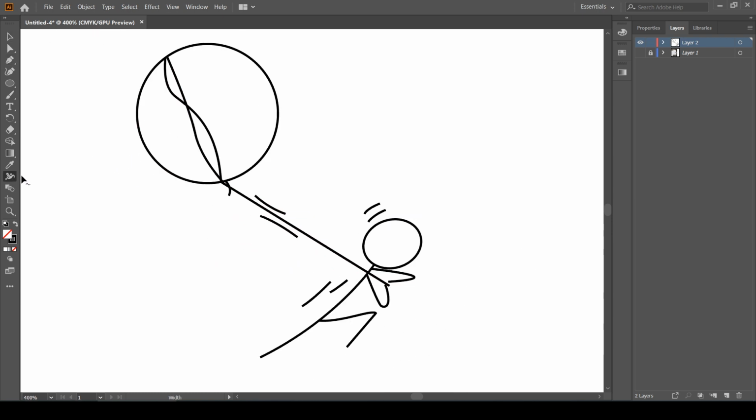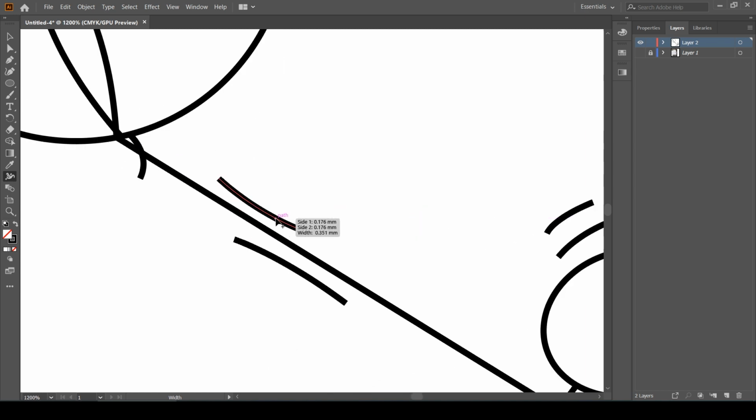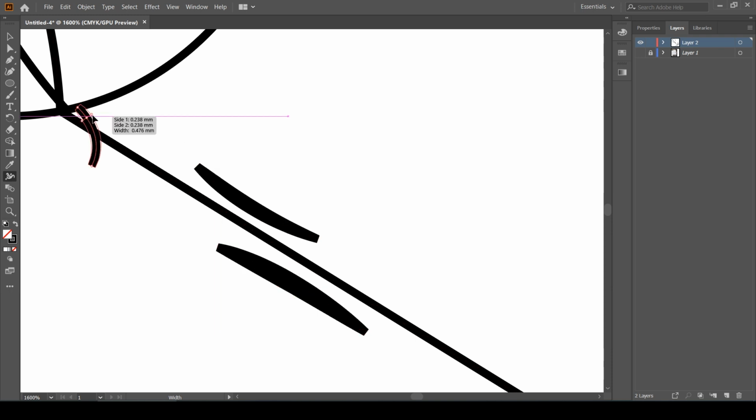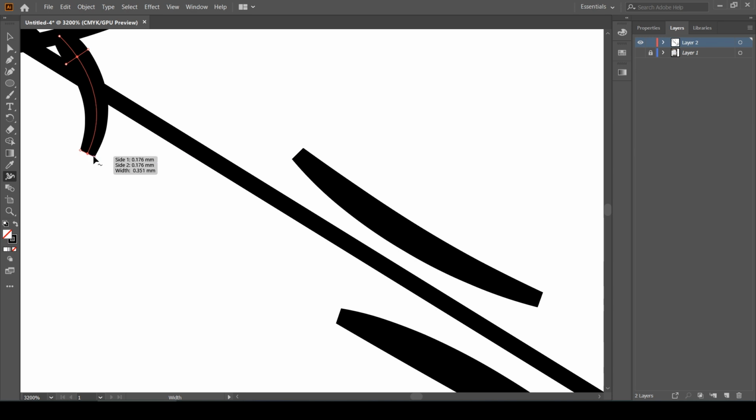Now we are going to explore another tool called the Width tool, which has the shortcut key of Shift W, and what it does is thicken the line or the stroke and give it a calligraphic look. So let's zoom in to this line for example, and now what I'm going to do is press and drag. So when I press and drag, it is all automatically going to thicken it. So let's do that. Let's do this. If I come to the corners, I can also reduce or increase the size of corners.